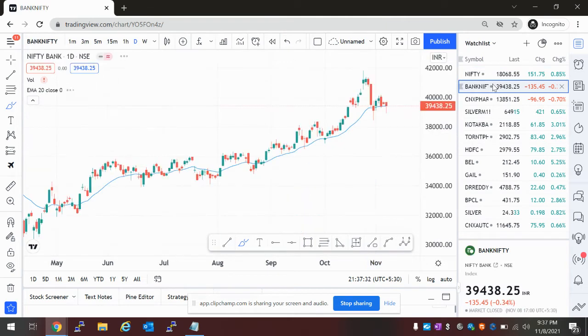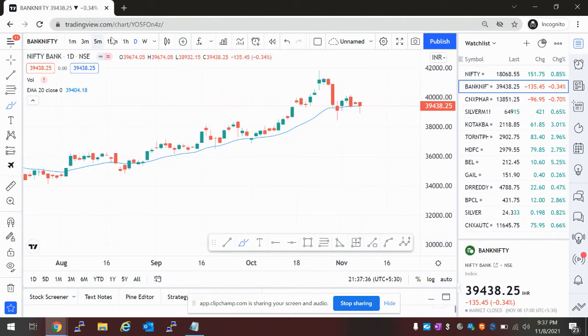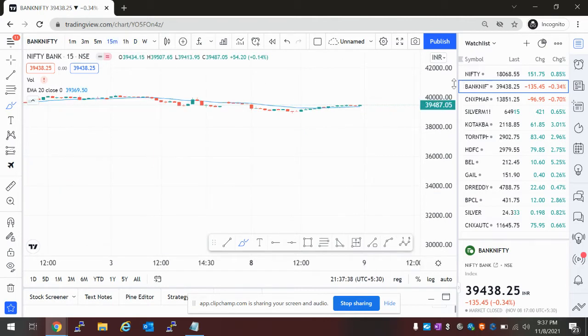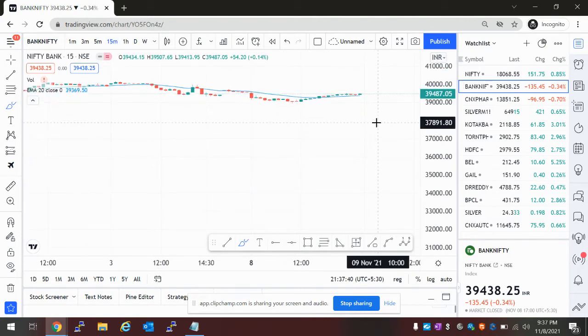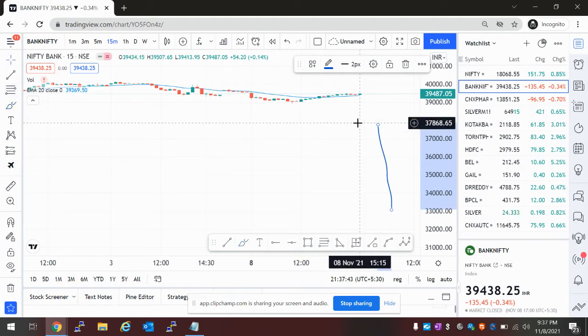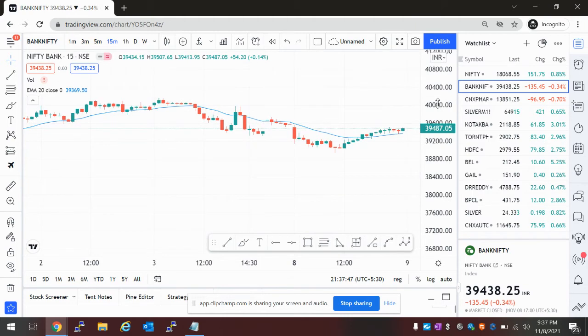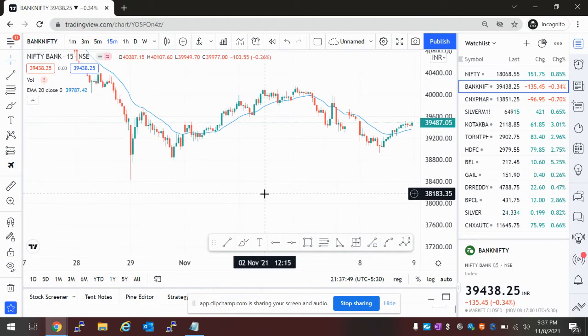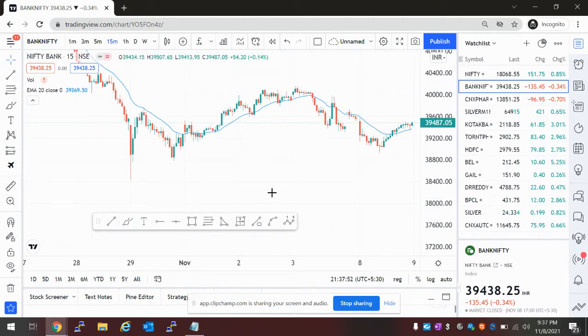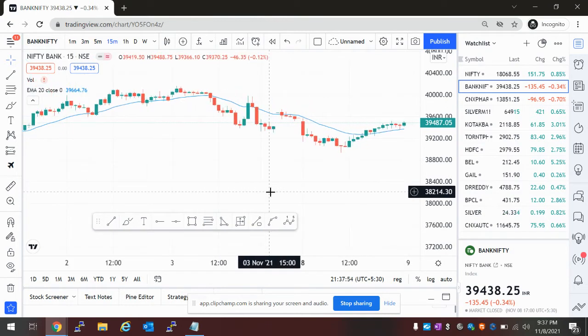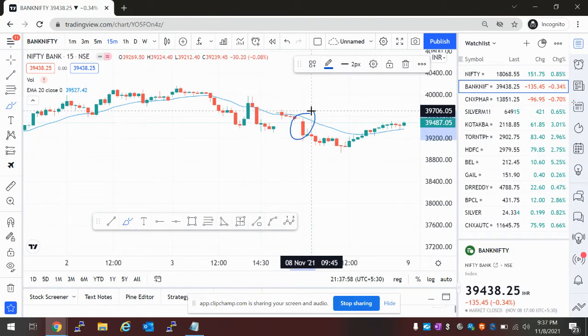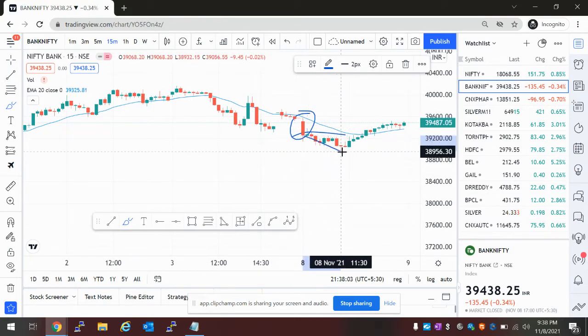What was there today? Bank Nifty today is again a wonderful day. You can trade both ways. That is the thing, both in Nifty and Bank Nifty. It is not one sided. See, in Bank Nifty, what happened? On the 15 minute chart, a big candle breaks its low. Sell it, you got some points.